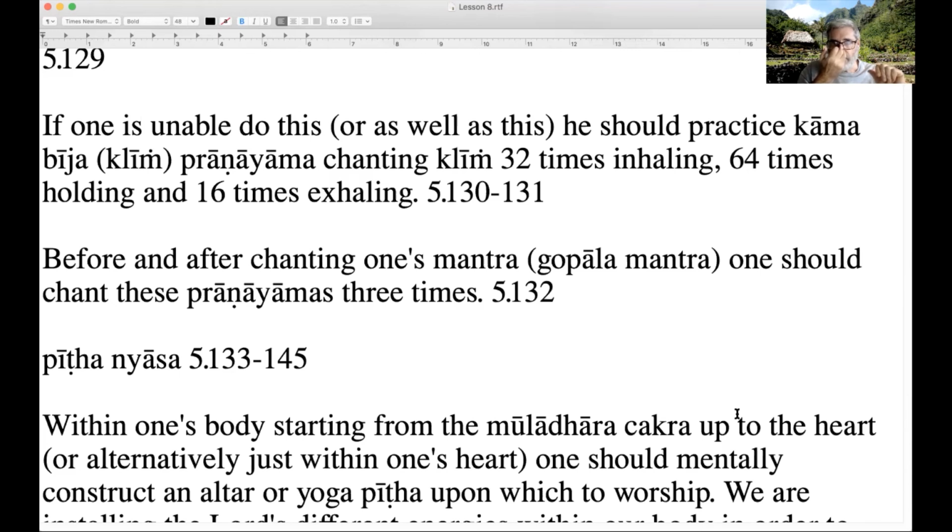And if we do the fingers up again, right? Then that will be 32. And if we do that 2 times, then we'll get 64, right? So here we go with the Klim Bija pranayam. So the Klim Bija pranayam in a very orthodox way, first exhaling will be only 16 times.